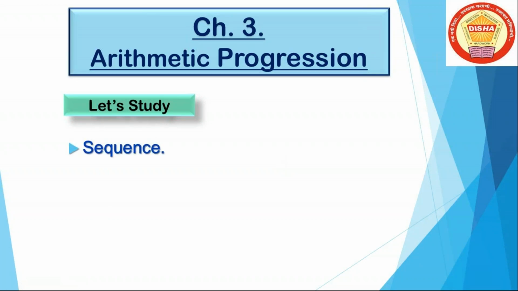First we see the sequence. What is the meaning of sequence? Then in that, sequences are of two types. Okay. Then the sequence is given in the form of numbers. Then if their difference is constant, or their product or ratio is constant, then there are two types of that sequence. And out of that, arithmetic progression is the one type.